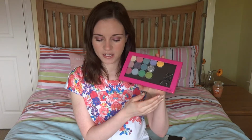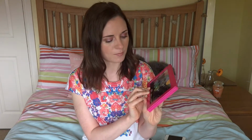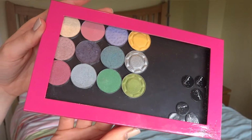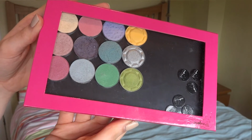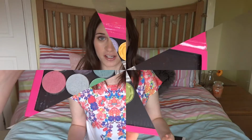But getting on to the favourites for the video. The first one is this palette. It's from eBay from a company called Mole, I'm not really sure. But it's just one of those magnetic palettes that's meant to be a bit like those Z palettes that you get. And I wanted one for ages because I had this huge vanity case of eyeshadows that my husband had